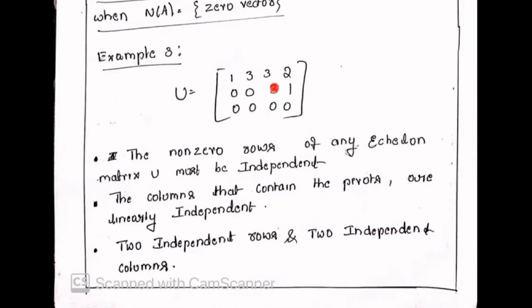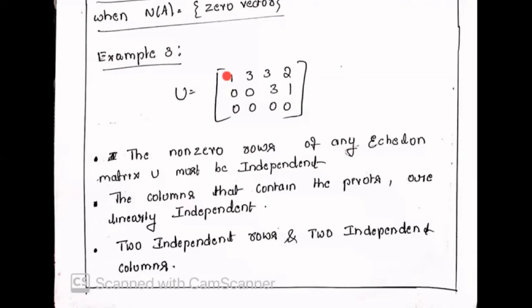Okay. Next one. Another statement is, here you have 2 independent columns, since you have 2 columns with the pivots, right? So 2 columns will be independent. Here, since you have 2 non-zero rows after reducing into row echelon form, however you reduce it, how many non-zero rows you get, that many independent rows will be there. So here in these you have 3 rows. Already it has been reduced into echelon form, but here non-zero rows are 2. So there are 2 independent rows.